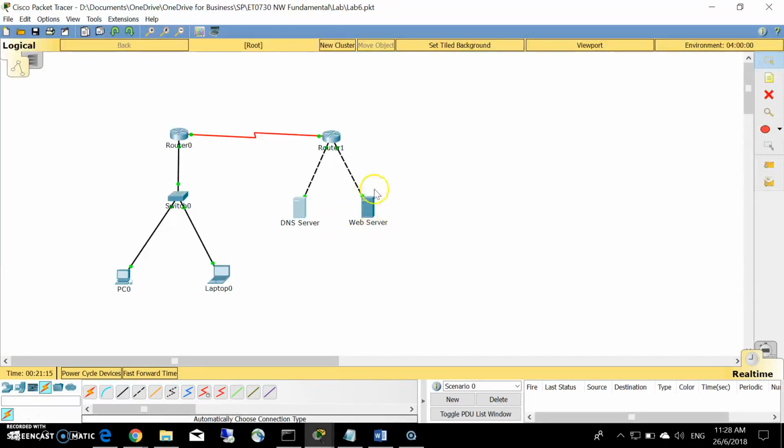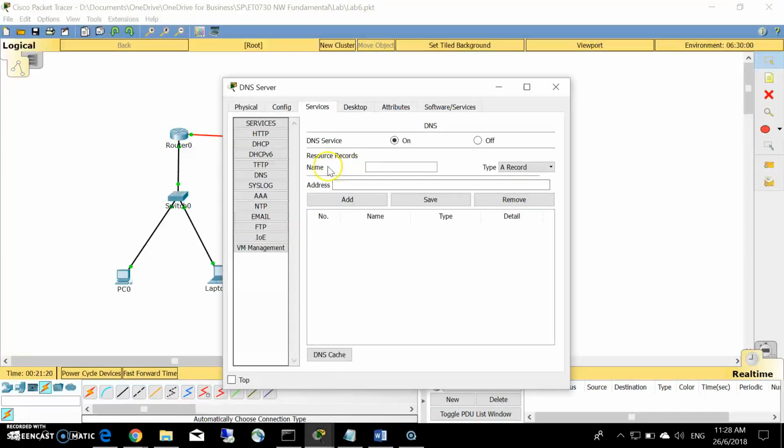So we go back to the DNS server again. The name is www.companyaa.com and the address is 30.30.30.30. Remember to add. So now the record is entered into the DNS server.